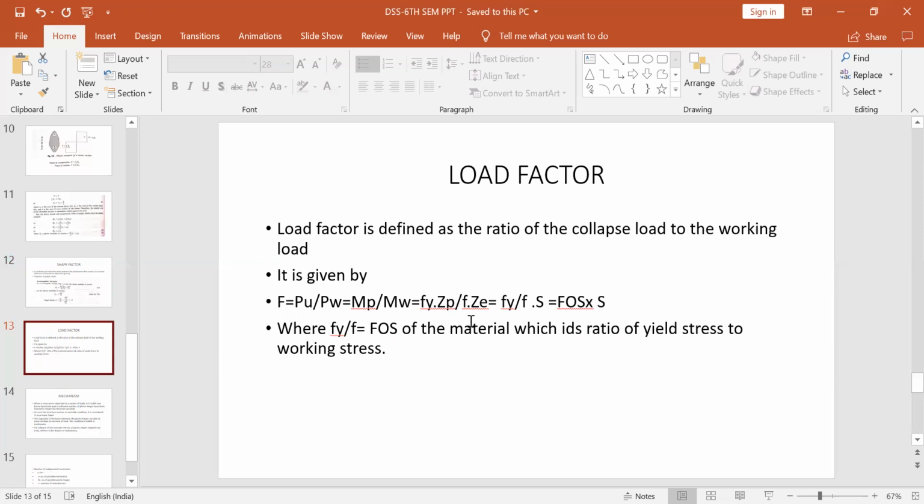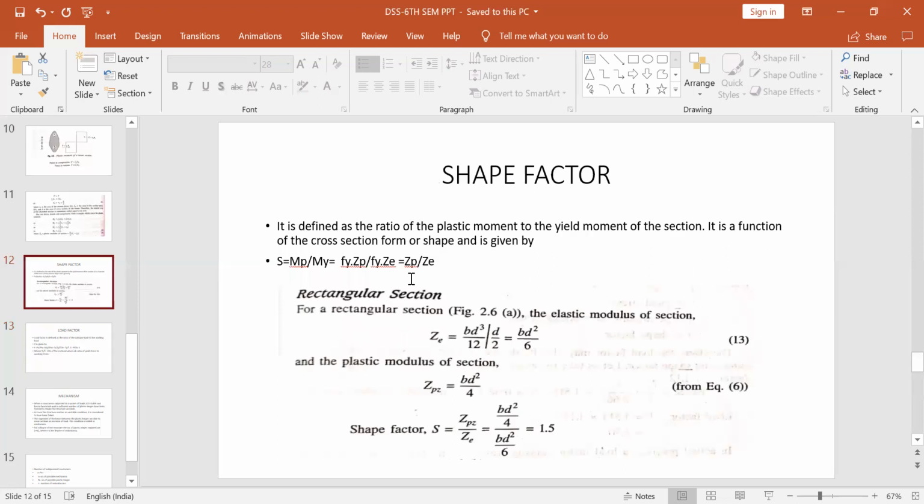In case of elastic limit, it has not reached the yield stress before yielding, up to the elastic limit. Okay, the linear portion. This is why we have taken F and not Fy. So now Fy by F into Zp by Zd we have already discussed in this section. What is Zp by Zd? It is S. Zp by Zd is the shape factor S.